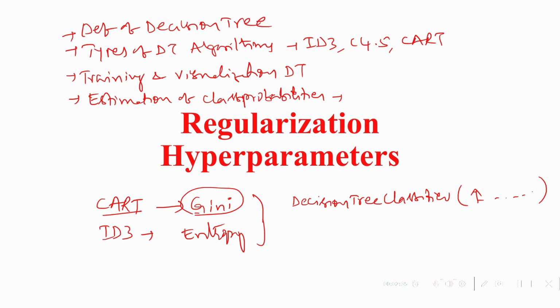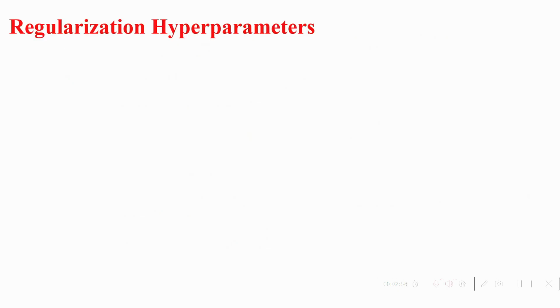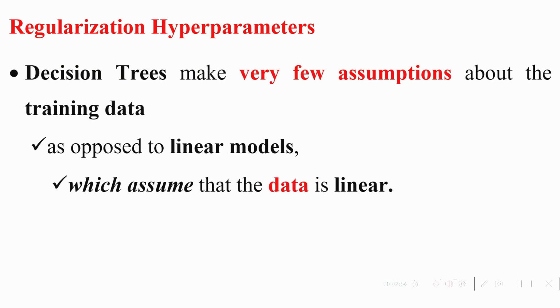Now the next topic is regularization of hyperparameters. So what is the importance of regularization of hyperparameters? In order to overcome overfitting, we simply change the values of these hyperparameters. So we will discuss that here. Now the regularization of hyperparameters, decision tree